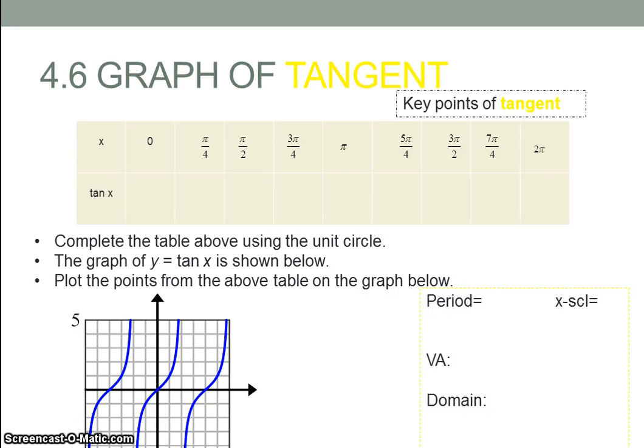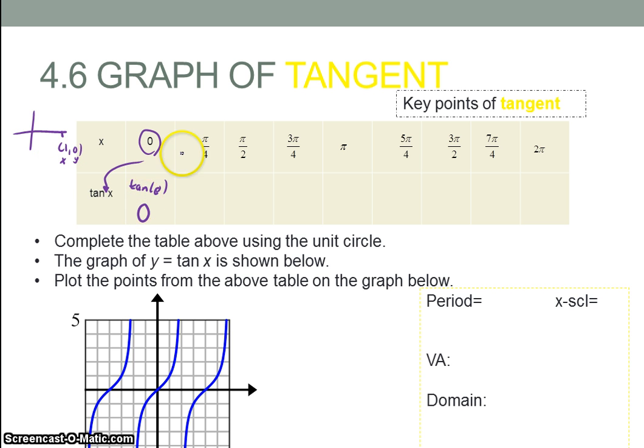Okay, class, today we are going to be doing section 4.6, which is graphing tangent and cotangent. So here I have some input values for our angle, and I'm going to plug my x value in for tangent of x. For the first one, I want to find tangent of 0 on the unit circle. So I'm going to be looking at the unit circle for the angle 0, which is over here where the coordinates are 1, 0, and tangent is the y coordinate over the x coordinate, so it's 0 over 1 or